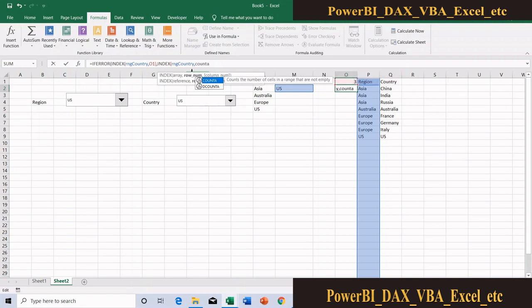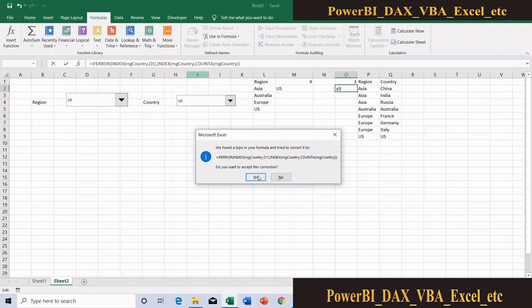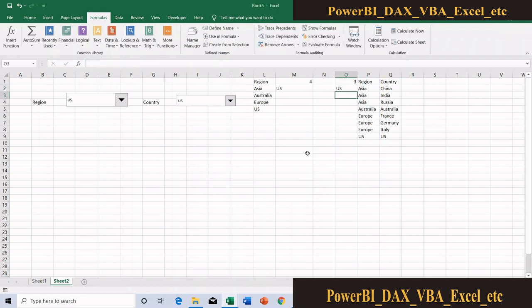I will return the count of RNG country. Okay, that means now you will not get that reference error. Now we can go to Asia. Okay, now you will get the corresponding country.